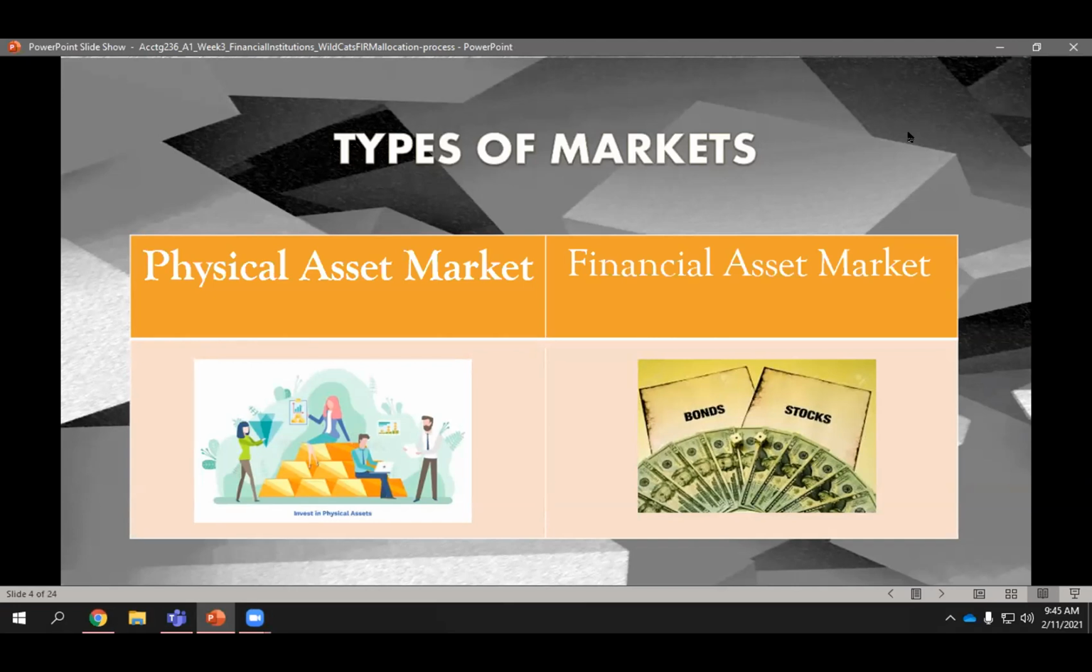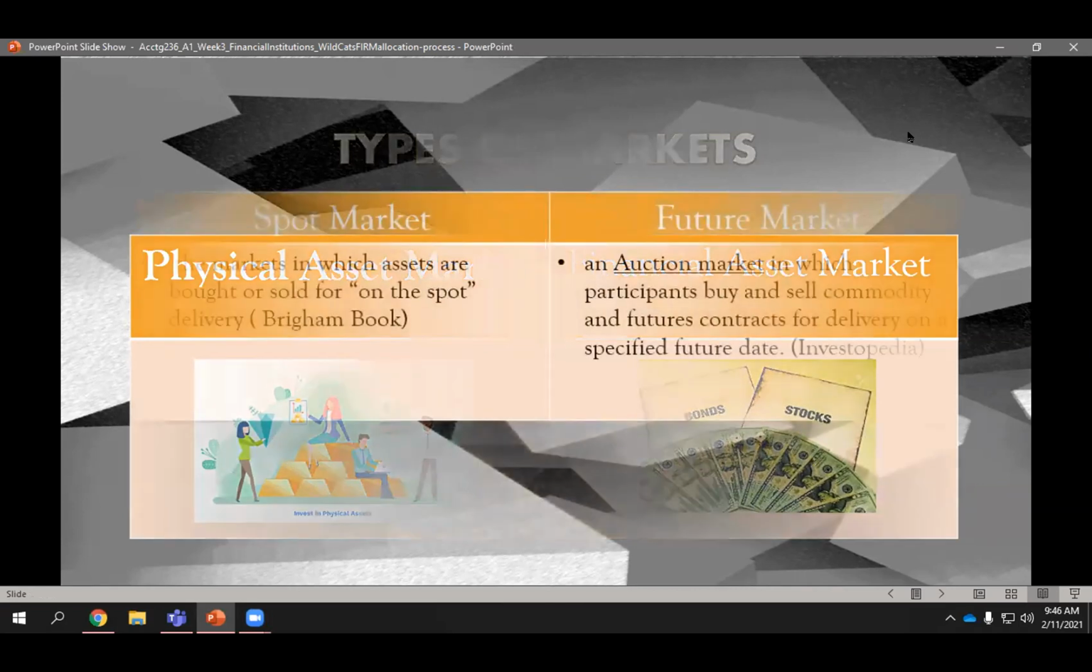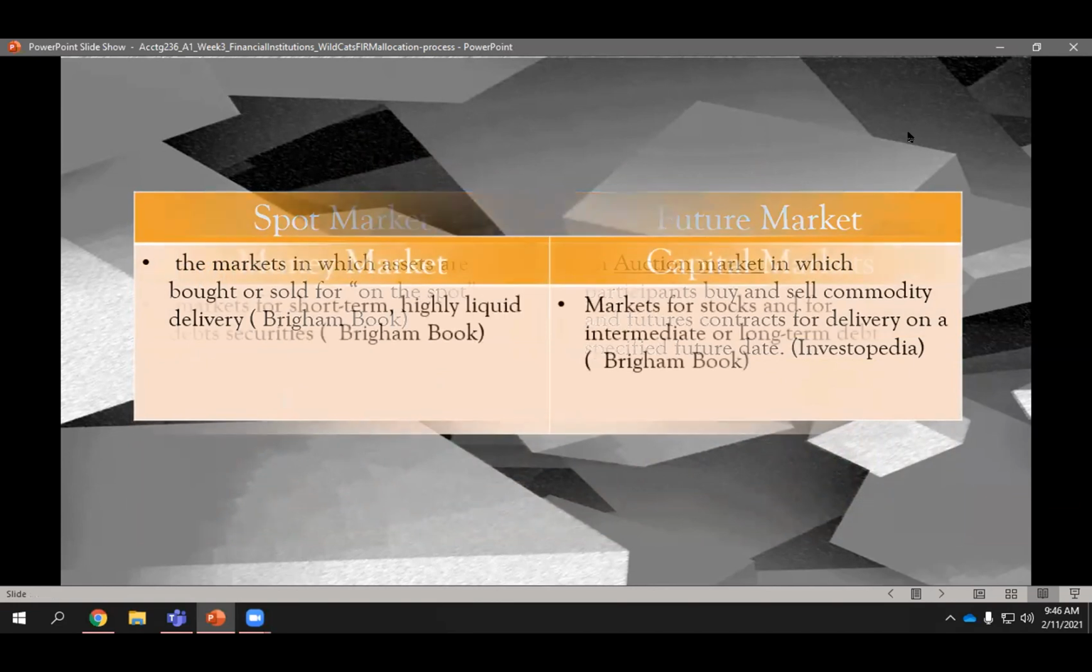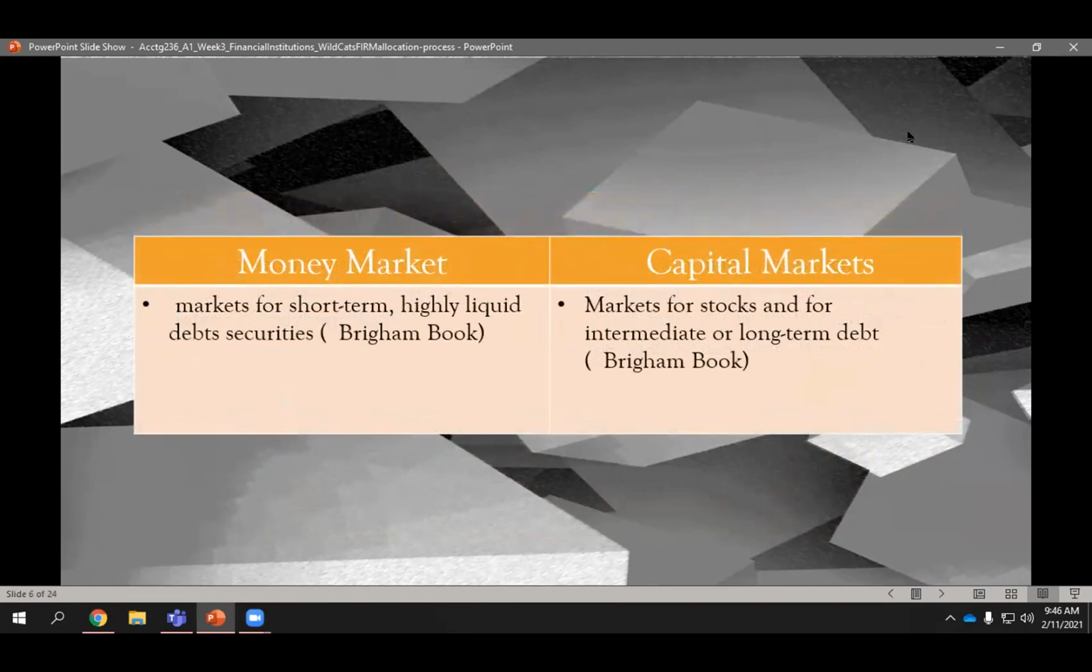We have the physical asset market, in which we can find tangible assets referring to properties, equipment, and inventory. Financial asset market, the intangible ones, the stocks or the bonds. And then next, we have the spot market, meaning on the spot transactions are happening. And then futures markets, where futures contracts are traded to those who are interested in buying or selling these derivatives. And then money market, we have the short-term debt investments, and then capital market, on the other hand, long-term debt